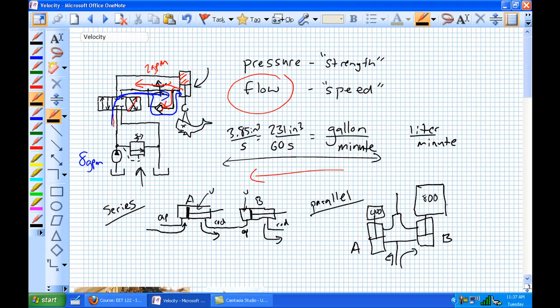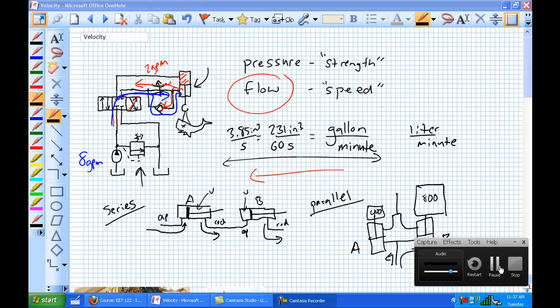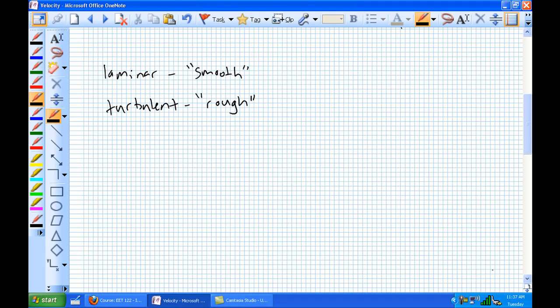Okay, one of the other things that we want to talk about regarding flow is the difference between laminar and turbulent flow. So laminar, to use a non-technical term, is smooth flow, turbulent, rough flow. And ideally, you want to have laminar flow. The reason why, basically, it's smooth movement in a straight path. This is characteristic of a properly sized passage and bend radius. Okay, so smooth movement, straight path,